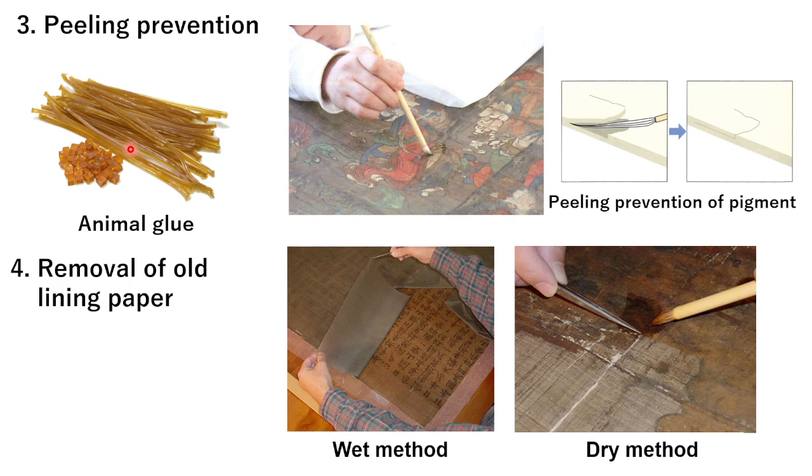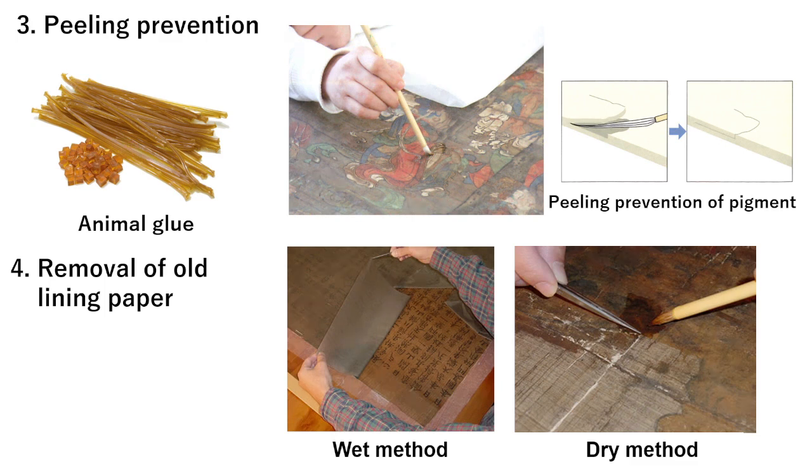In some cases, this treatment is carried out as a preventive reinforcement procedure as well as a treatment to attach the paint layer that is currently peeling. Basically, it is done after cleaning, but depending on the degradation state of the paint layer, cleaning may not be tolerated. So in that case, peeling prevention may be performed one or two times each before and after cleaning.